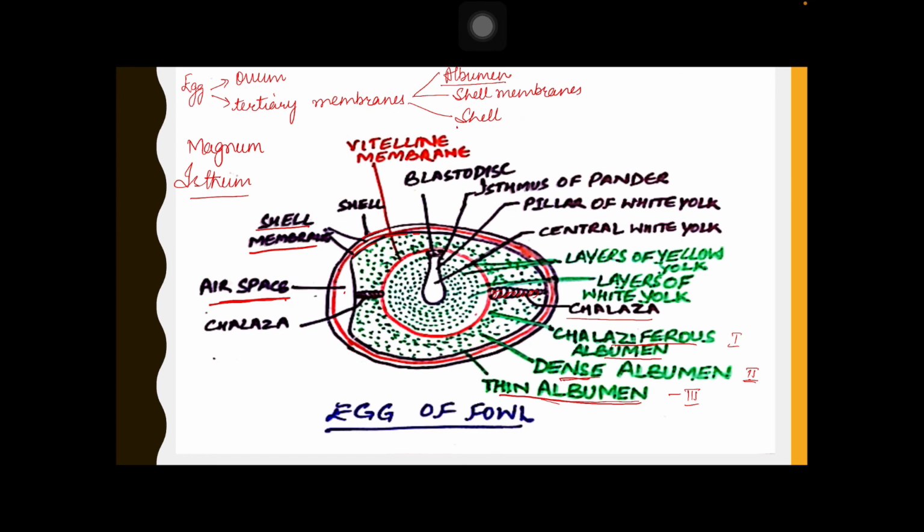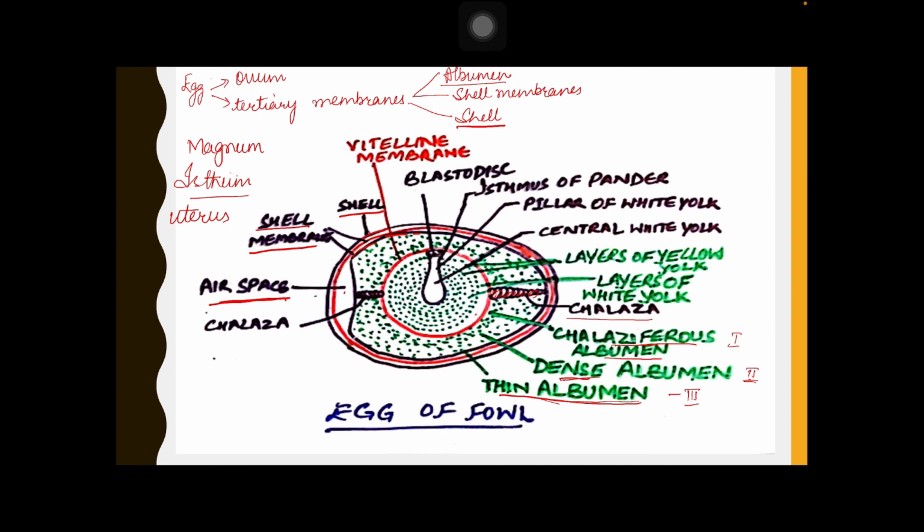Then the third membrane is the shell, which is secreted around the egg as it passes through the hind region of the oviduct, which is called the uterus. So the shell is laid down as it passes through the uterus. There are nidamental glands present in the wall of the oviduct which secrete a porous calcareous shell. In freshly laid eggs the shell is very soft and flexible, but as it comes in contact with the air, it becomes hard and brittle.